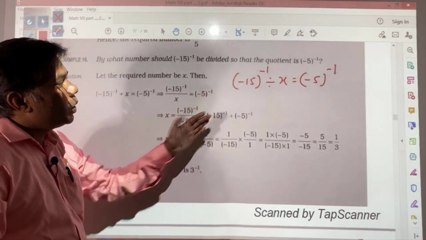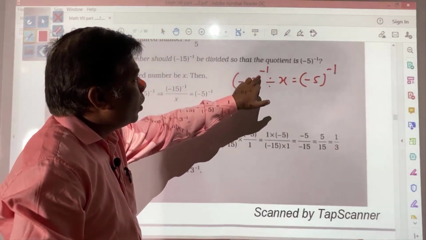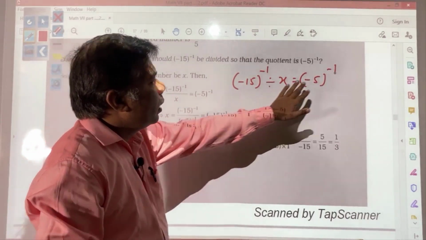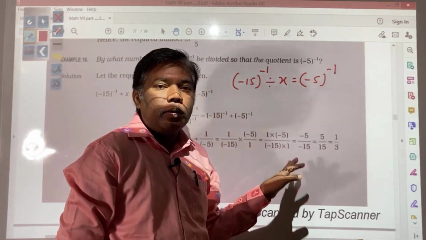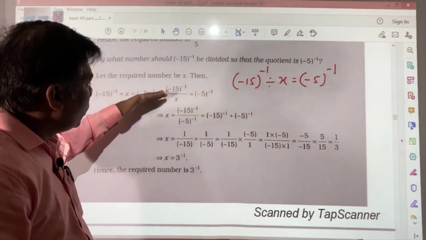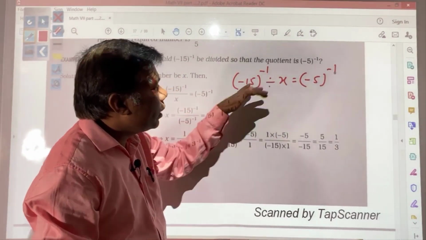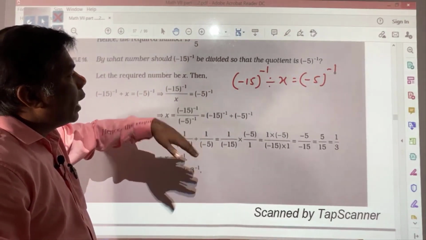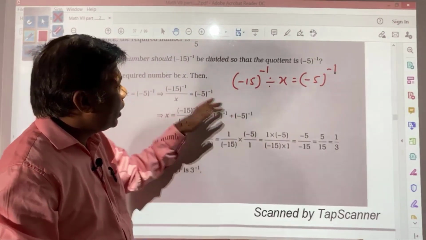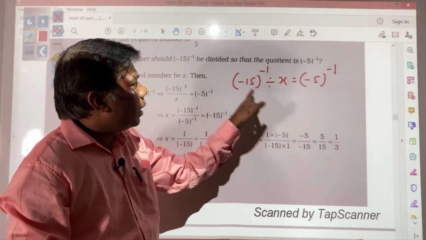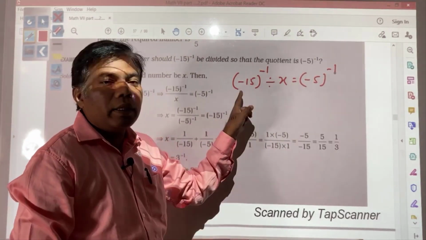So already you have understood what is to be done if you have to the power minus 1. If the exponent is minus 1, what you need to do, you already have understood. So simple simplification is there. You try to solve by yourself without help. And if you will not be able to solve, then only you take help of this. Otherwise, you must try by yourself.